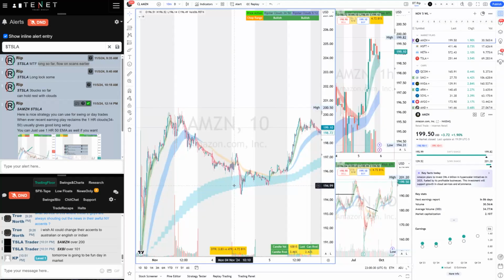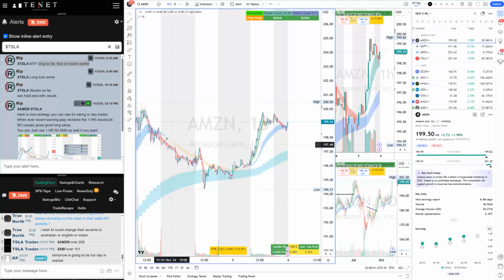You always focus on a trade which had earnings a few days ago. When it pulls back, bounces, and calls, you take it long. That's the day 3 setup. Bezos was still selling at 200, but regardless, a beautiful winner for us in the community. Let's go to the next one. All right, let's look at the next one.